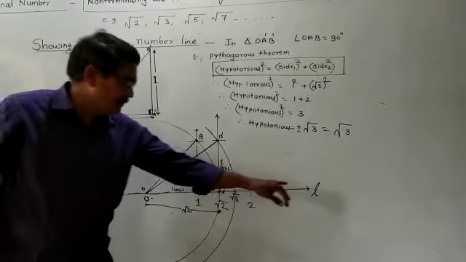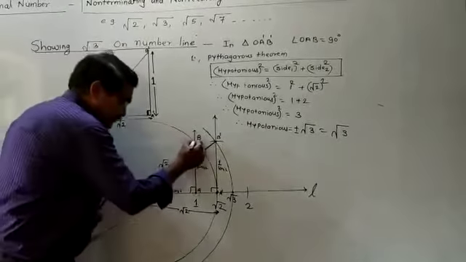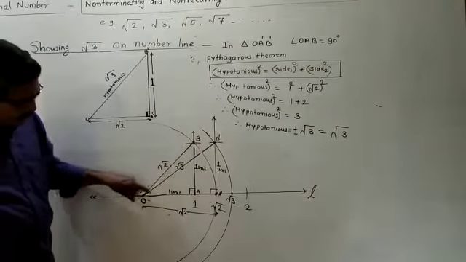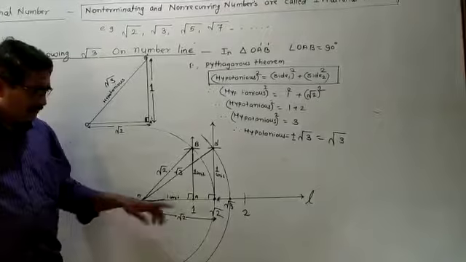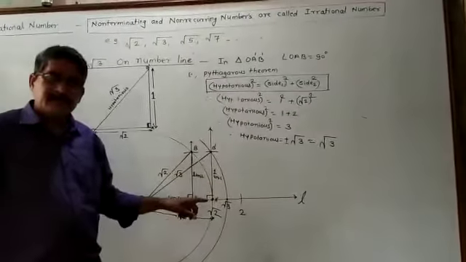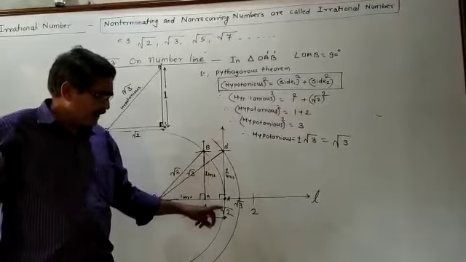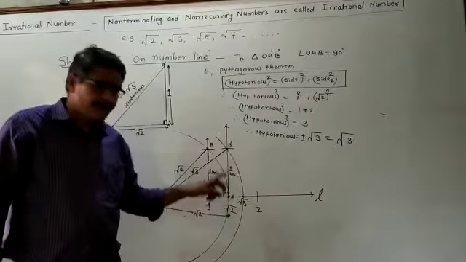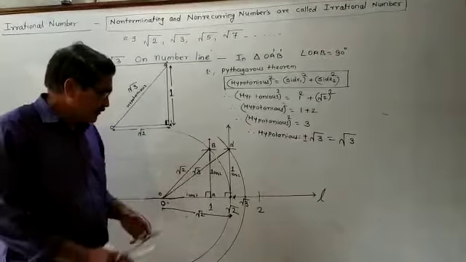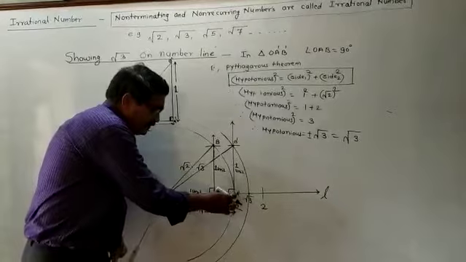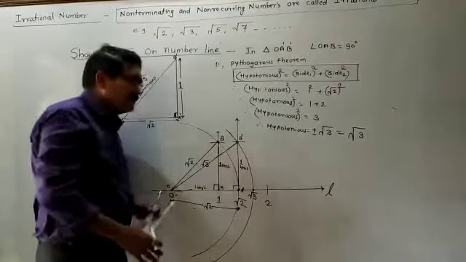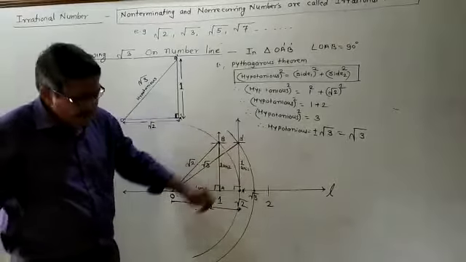First of all you have to draw the number line. Whatever we did, the process that you have to follow is the same as for the square root of 2. This is the square root of 2 you have to draw first. This is the square root of 2. From square root of 2 you have to draw the vertical line. If you draw the right angle here and draw the perpendicular line here, no problem at all. And from that you have to take this one as square root of 2 unit. At that time you have to take this as 1 unit. Same distance 1 unit. You don't change this distance, and you have to draw the 1 unit.